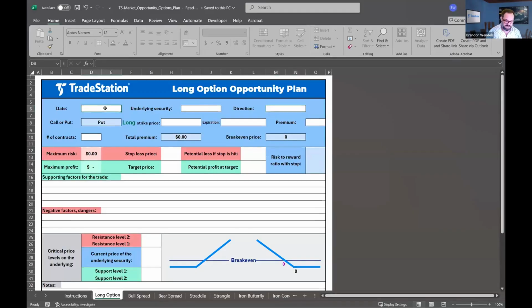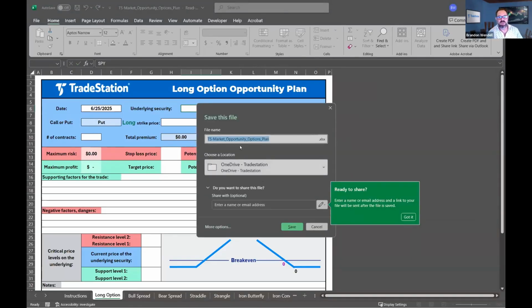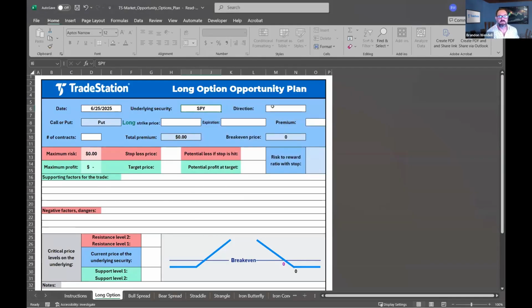And right here, we can put in today's date, the underlying security. This is creating a track record for me. What you should be doing is when you download this, you can go ahead and save one as a master copy. Let's change this to a different name, but I can save it under, let's say, the date. So I do market opportunity options plan, and I just put the date in the beginning. And that way I've got a record of the positions I'm doing. And I may have multiple positions, obviously, per day. So if I need to, I can label them A, B, and C, whatever I want to do. I'm not going to do that right this moment.